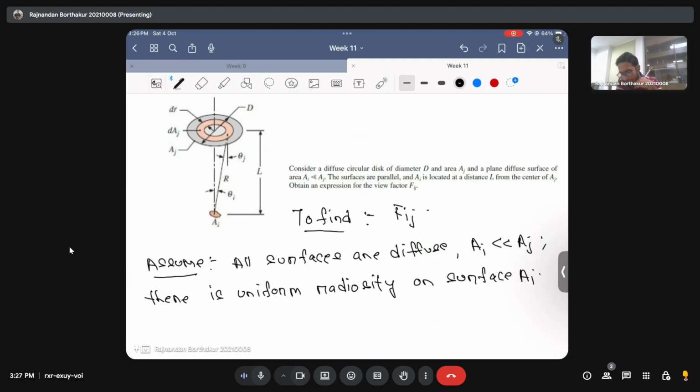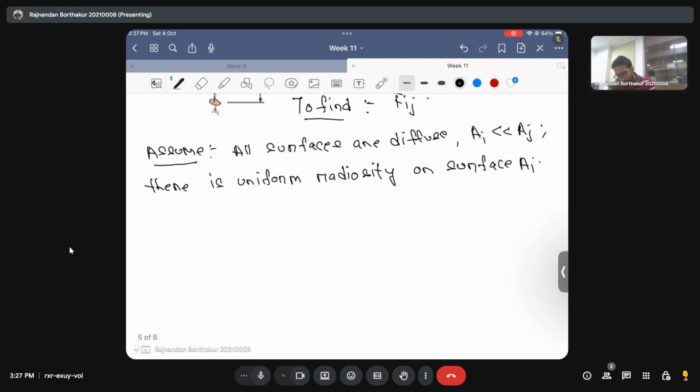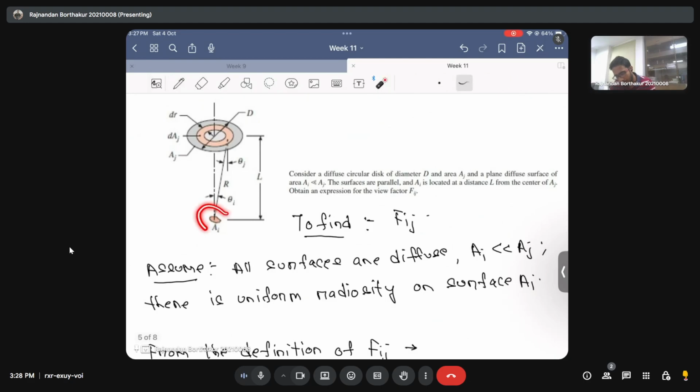Okay, so as we can see in this problem, the thing that we will require here is the fundamental definition of view factor, and we will start off from there, that is from the definition of Fij, which is the fraction of radiation that leaves surface I, which is intercepted by this surface